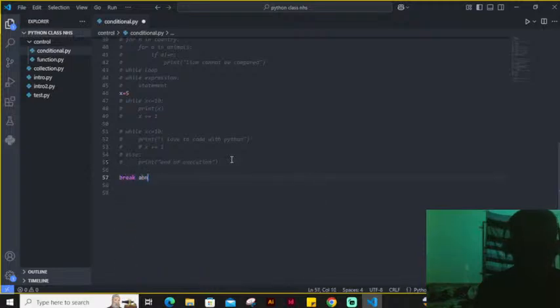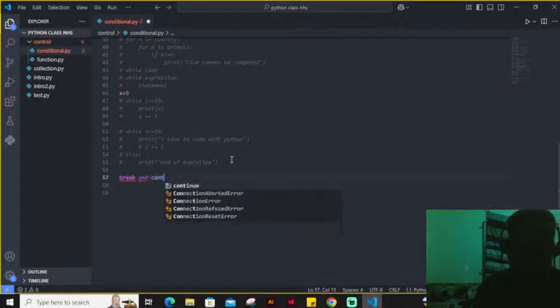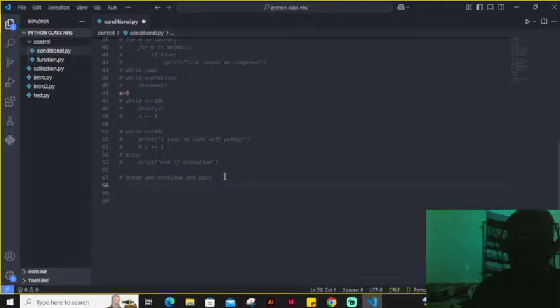Break and continue statement. I'll also do the last one, which is the pass statement, so that when we start application development and I bring this into my code, you won't ask me why it is there. That's one of the essences of procedural programming, so that you should know when this thing is used and when it is not going to be used. Now let's assume that I declare